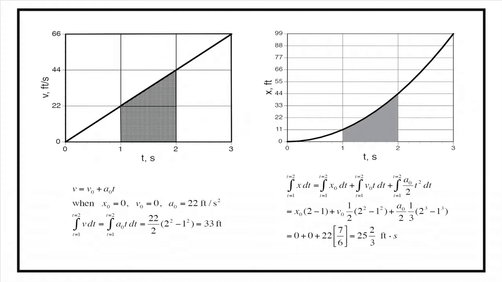And now we have the three terms, x naught, v naught t, and 1/2 a t squared, which are the three different terms we have to integrate. I did that formally right below that equation, underneath the x versus t plot. But in fact, in this example I was using, x naught was 0 and v naught also was 0. And so those first two terms are going to end up being 0 anyway. And the only new, or non-zero, term that's of any interest is the a naught over 2 times t